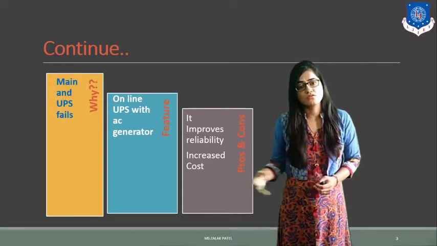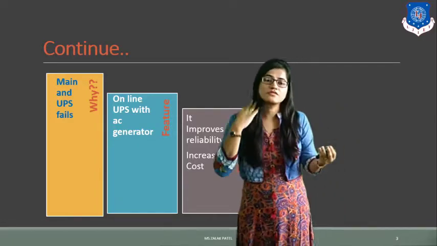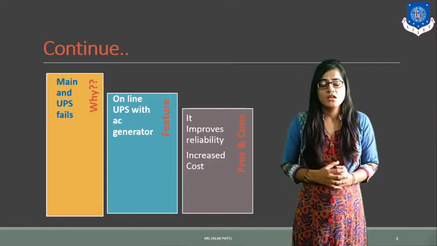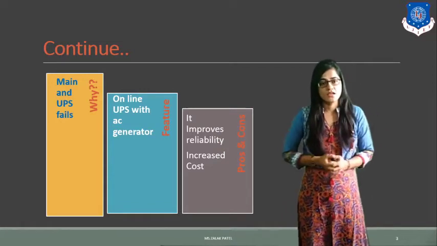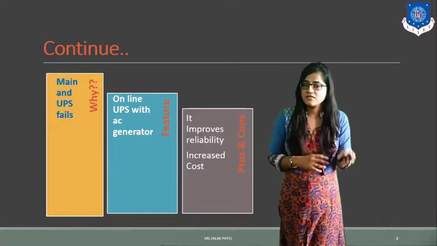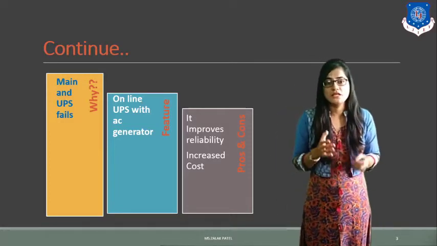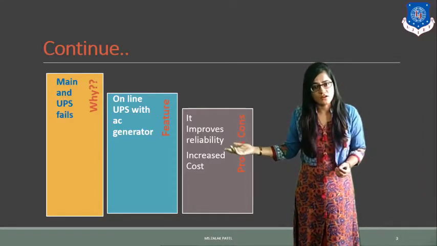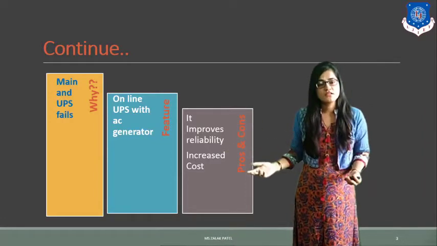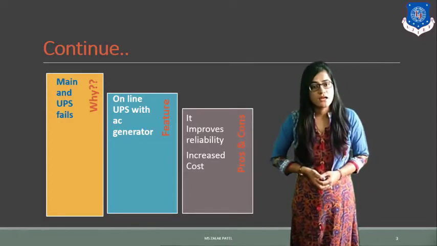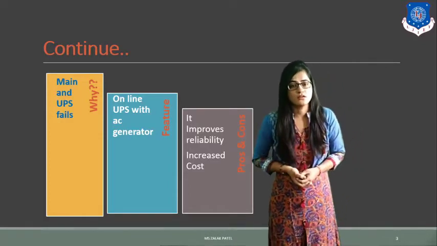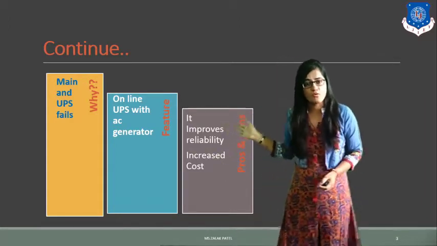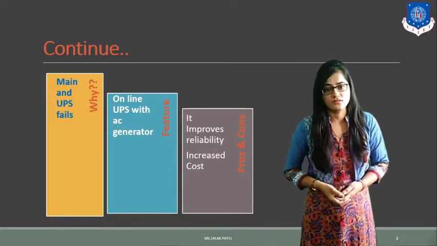What are the limitations? Obviously we use three types of supply. First, the main supply, that is our single phase and three phase supply. Second, the uninterruptible power supply provided through the static switches, and the third one through the AC static switches or the AC generator. So the result is obviously an increase in the cost. These are the limitations of the continuous backup UPS, but you should also remember the reliability that it provides, that the system never fails.